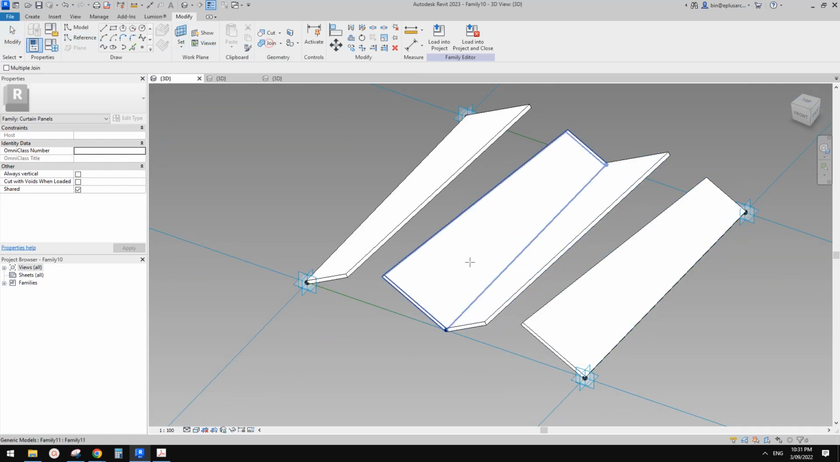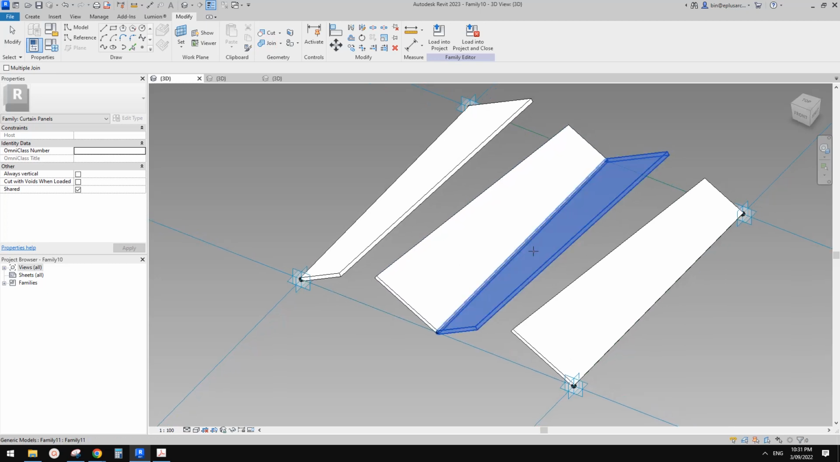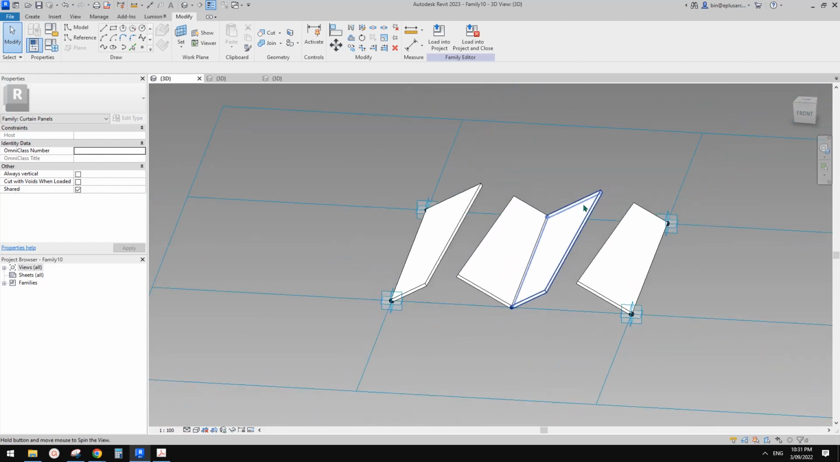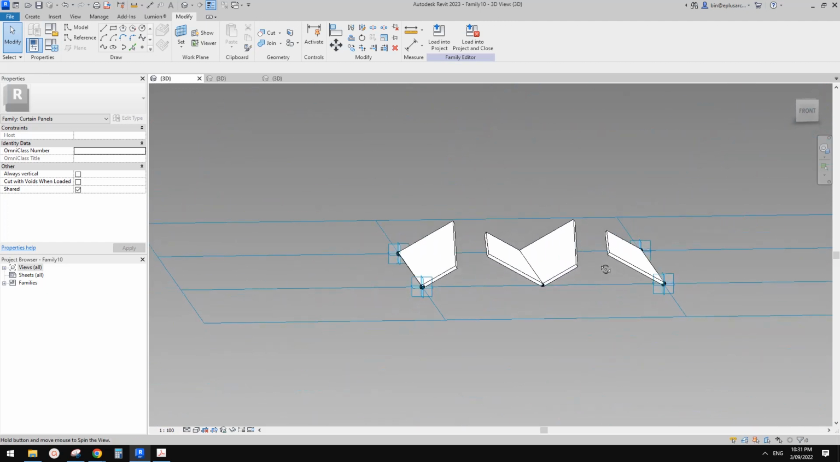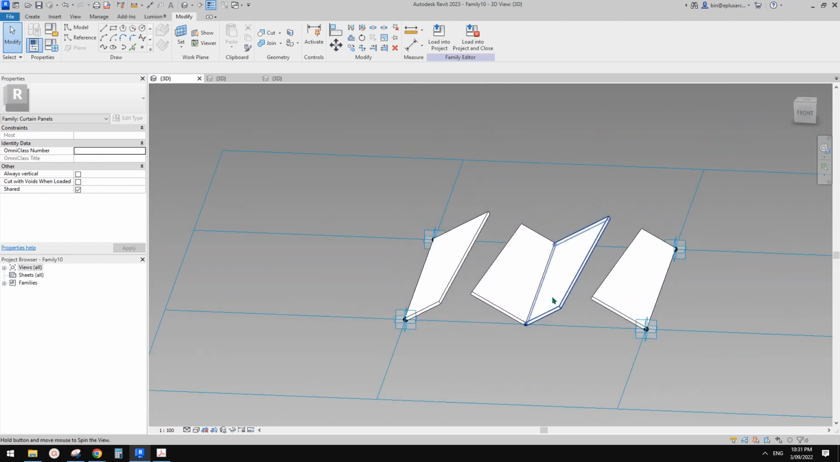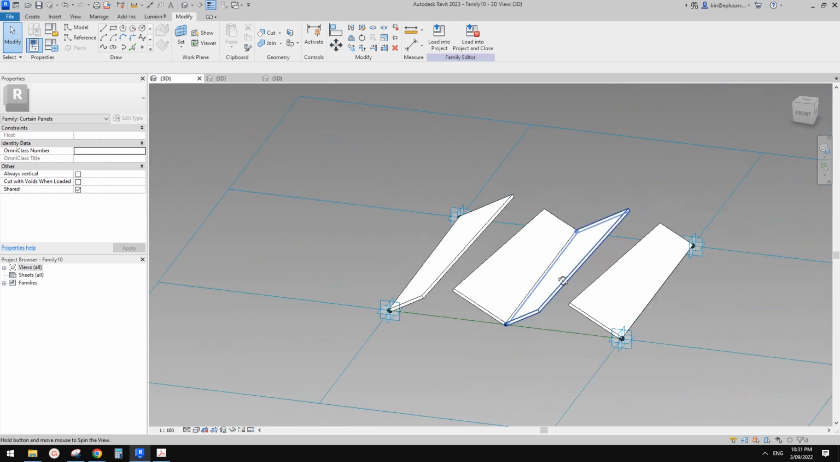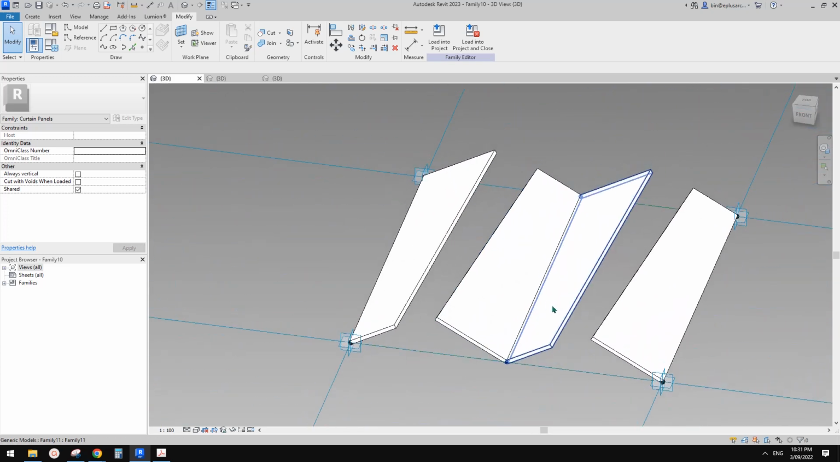one way of getting rid of this, you can just join them. So I think at least it looks better. Okay, so now we need to